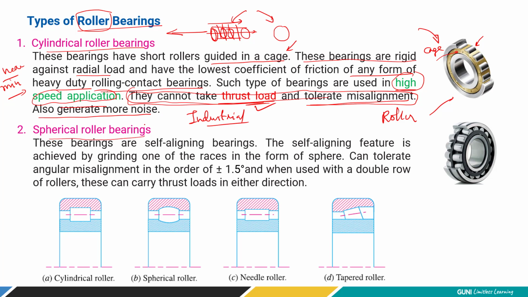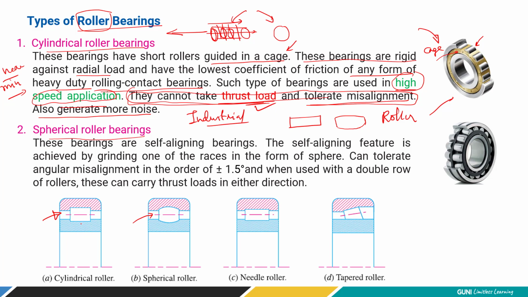Now the second is spherical roller bearings. The shape is simply, instead of plain cylindrical, made a little bit spherical. The outer surfaces basically have a curvy nature, right? Just look at the figure. This is a plain cylindrical roller, and the second is a spherical roller. The only difference is the outer geometry basically has a bulging section, or you can say a convex shape.